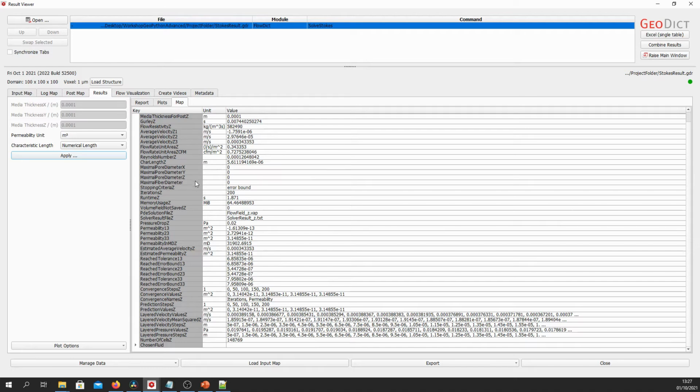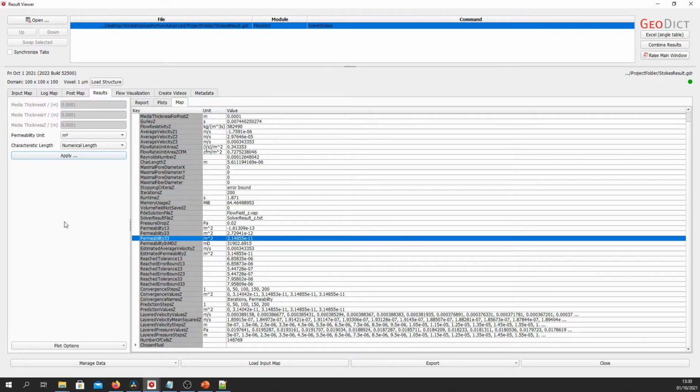And if we look through this, we can see that there is a permeability 3.3, which is the permeability in z direction, here in the result map. And what's important here now is the name of the key, namely permeability 3.3. We note that key, and then we can continue and access that value programmatically.